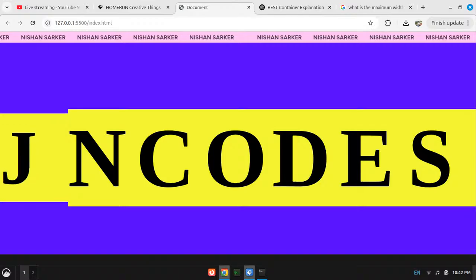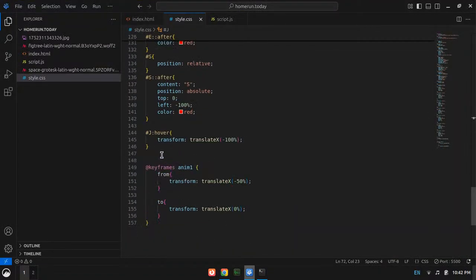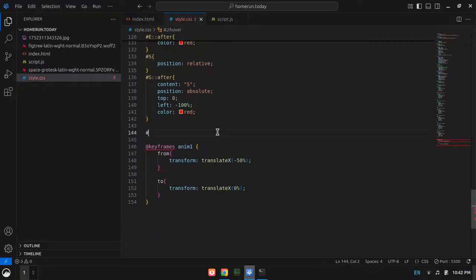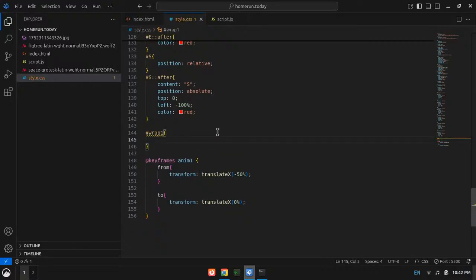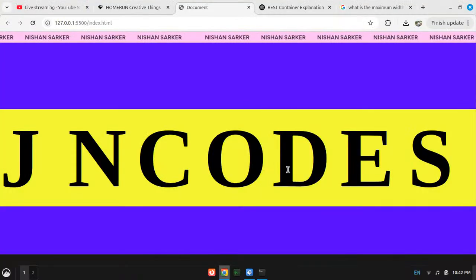Okay, so whenever I am hovering over wrap 1 class, actually we can make it more convenient if we use JavaScript. I think I will use JavaScript.